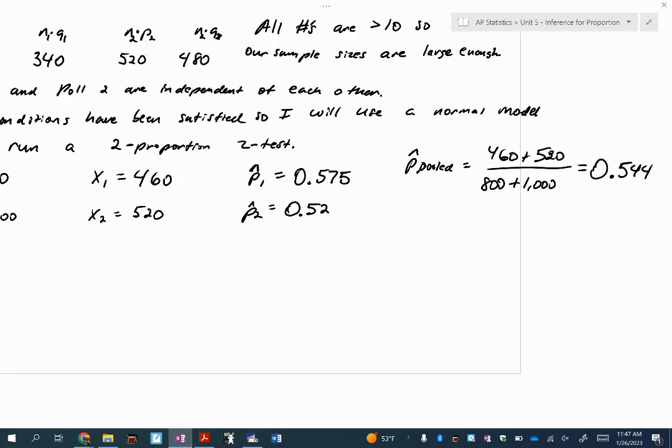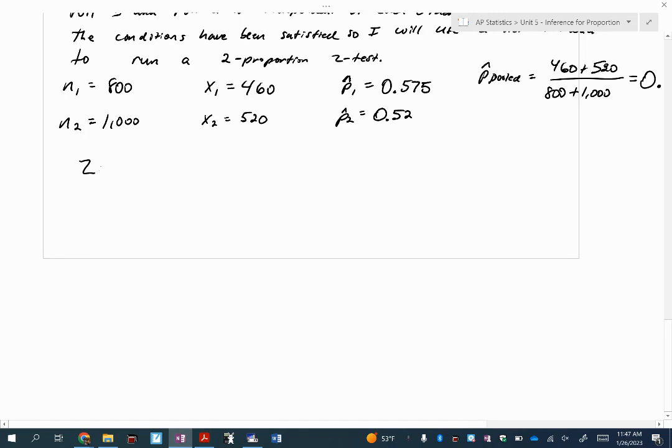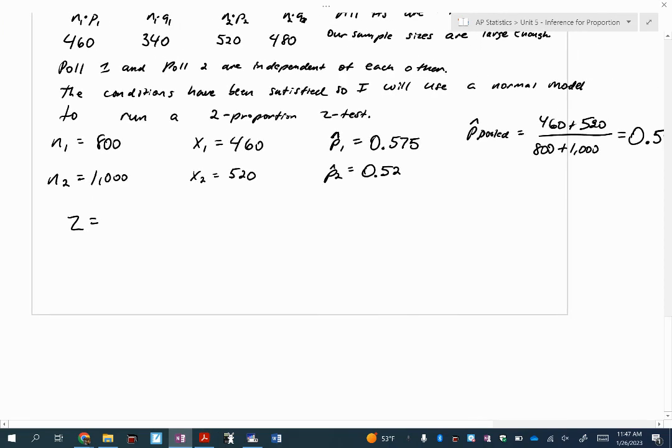So let's write it down. Z equals 0.575 minus 0.52 minus 0. Does anyone know why I put 0 here? This is the difference that I think they are right now. What do I think right now is the difference between them? Nothing. They're the same. So that's why this is here. All over